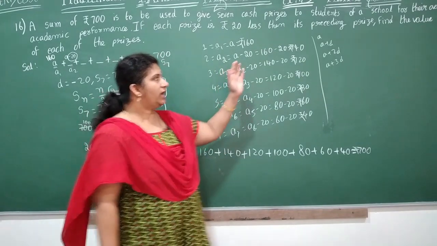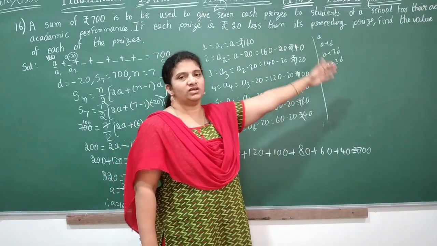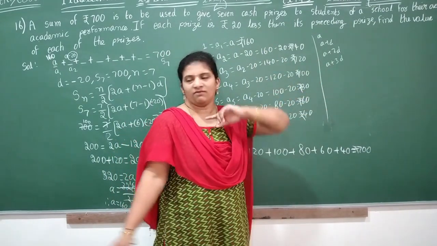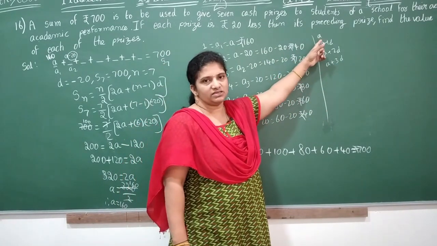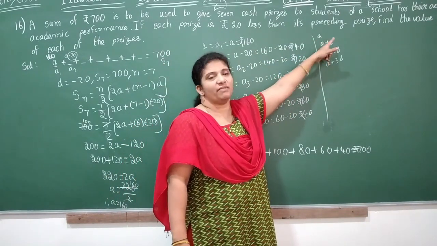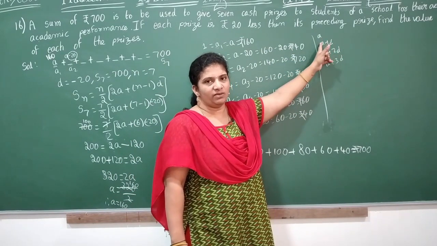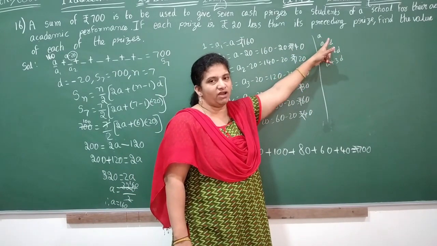Like this. Instead of this, you can go with the general form also. What's your A value after this? You need to choose yes. Okay, A is 160, 160 plus minus 20. That will be 160 minus 20, which is 140.